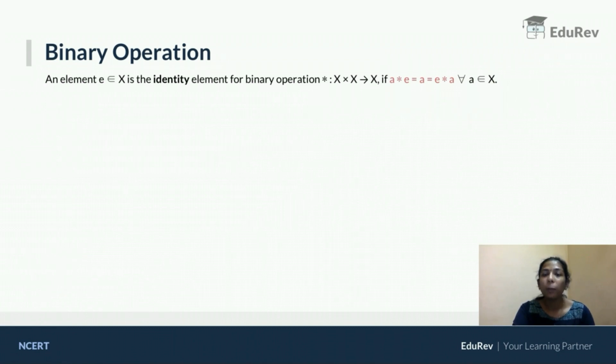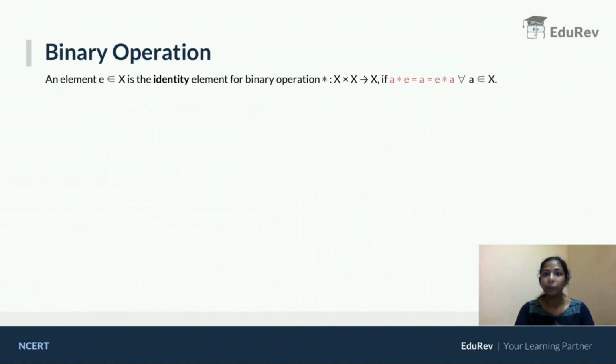If the operation is multiplication, what is the identity element? If you take any number and if you multiply with something, again you are getting the same number. That means you should only multiply with 1. So for multiplication, identity element is 1. If someone asks what is the identity element for addition, you are taking a number, you are adding something, and final output is also the same number. That means what you are adding? You are adding nothing. So 0. So 0 is the identity element for addition.